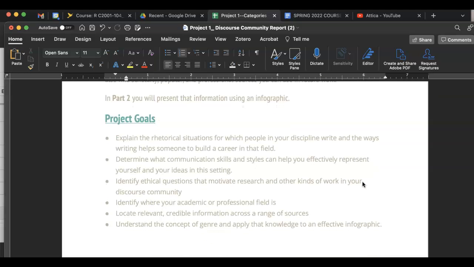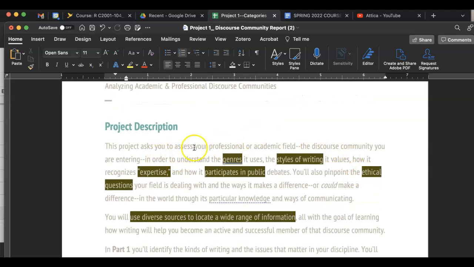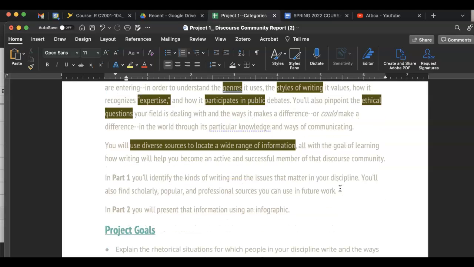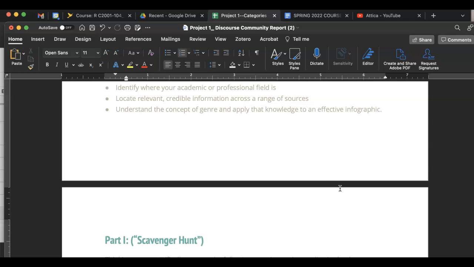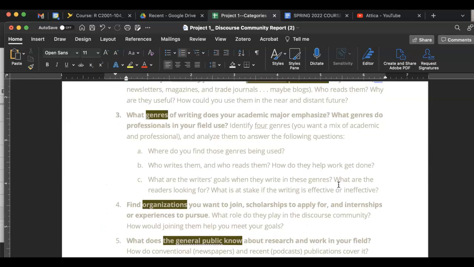Okay, so with that said, I highlighted the primary areas that you really need to focus on, and the hope is that you'll really zero in on some concrete examples of each of these things. So let's look at part one, the scavenger hunt. There are 6 things that